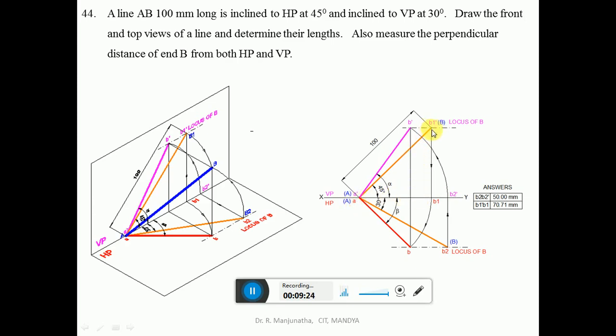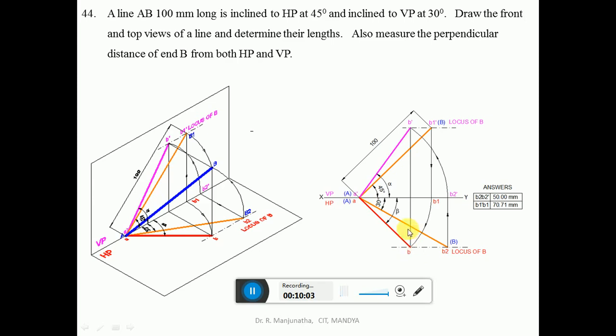So from B1 dash you draw a vertical projector downwards as shown till the XY line. So now AB1 is parallel to VP. But B1 is not on VP; B1 is in front of VP by this distance, such that the length of the top view line AB1 will not alter. That is possible only by drawing an arc. By using the compass with A as center, taking the radius of AB1, you draw an arc such that it cuts the locus of B in the top view. And you mark this point as B. Join A to B with a dark line.